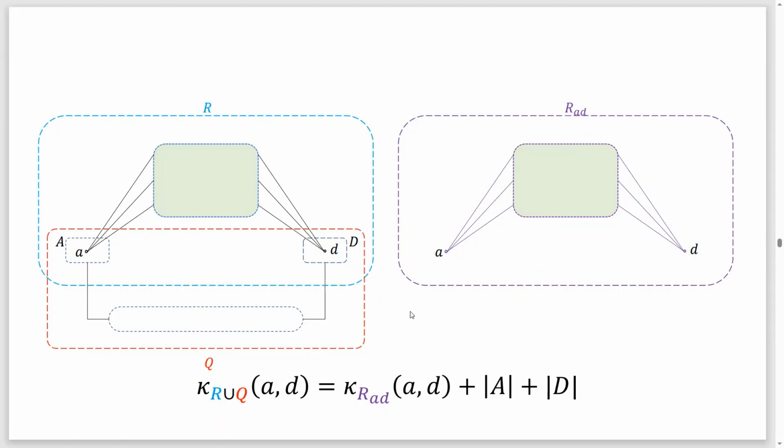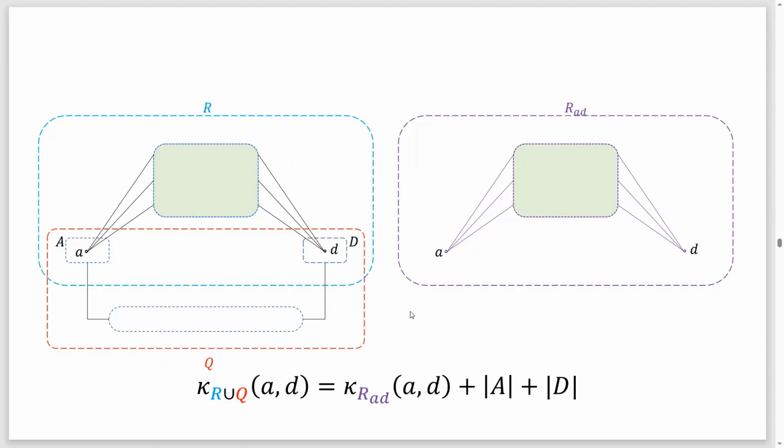So actually, we can also imagine a graph R_AD. The graph is very simple: for the source set, there's only a source small a, and for the sink set, there's only a sink small d, and everything else is just cut or ignored. So the lemma says that